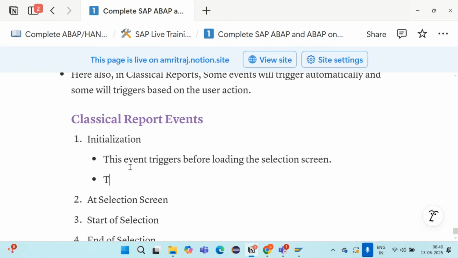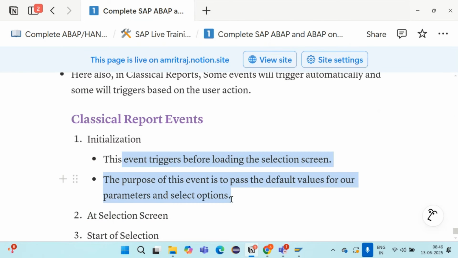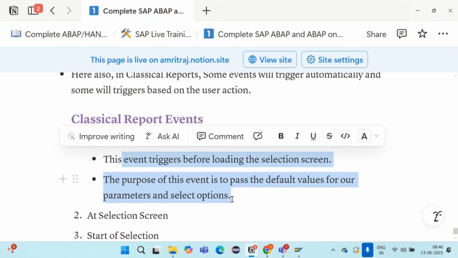The purpose of this event is to pass the default values for our parameters and select options. These two things you need to remember: the purpose of this event is to pass default values to parameters and select options.